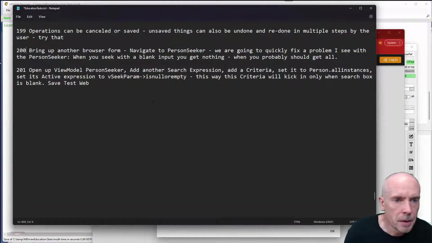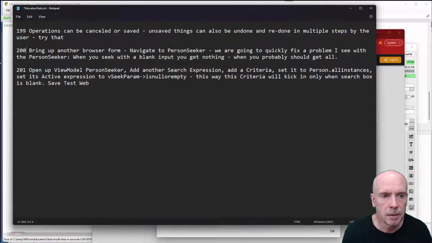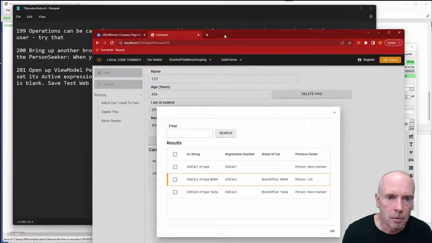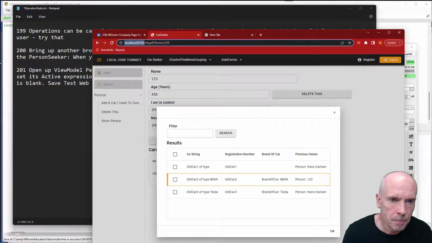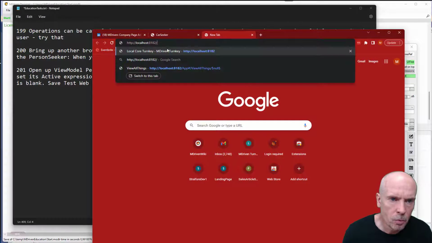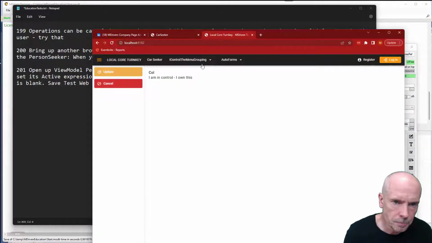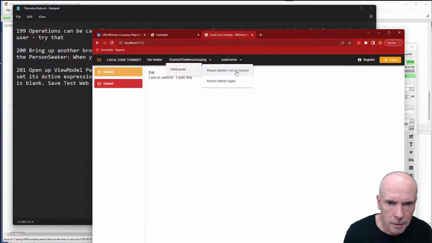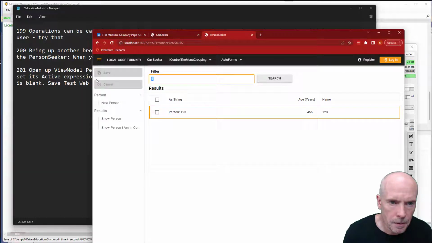200. Bring up another browser form. Navigate to person seeker. We are going to quickly fix a problem I see with the person seeker. When you seek with a blank input, you get nothing, when you probably should get all. So I'm gonna bring up a new browser form like this, and a person seeker. And if you search blank,